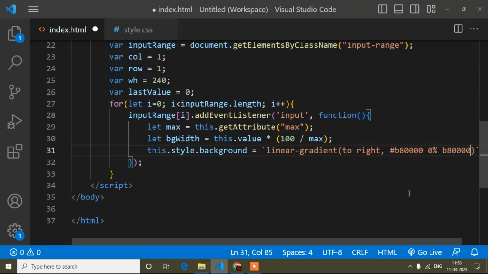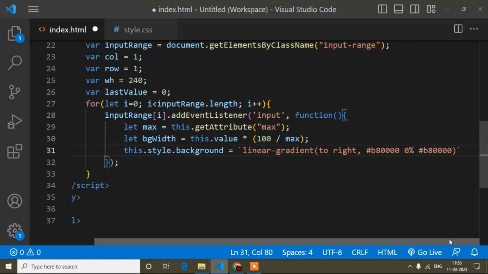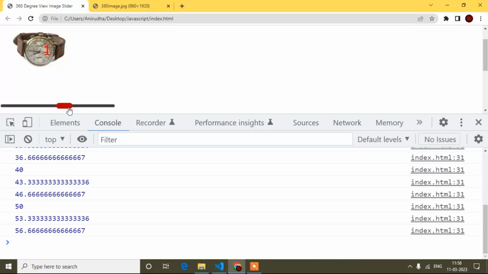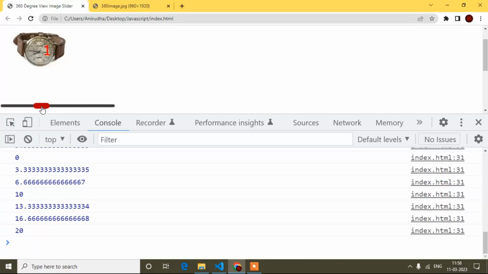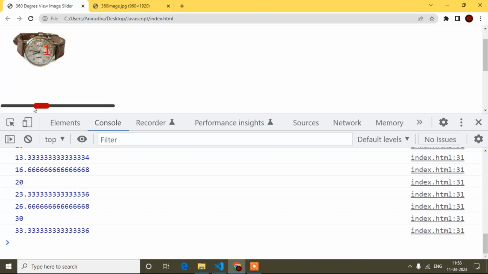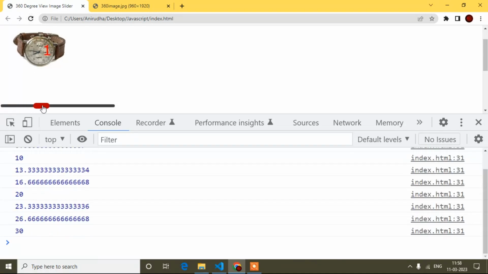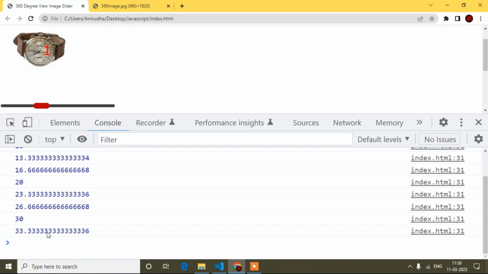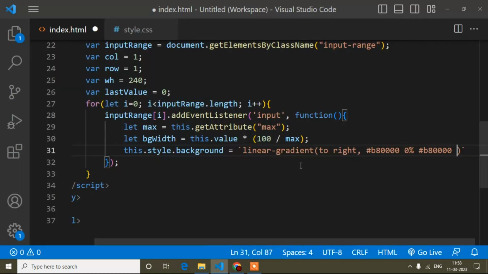It will fill with this color, and then the width. While my slider is here, how much does this red color fill? 33, right? Suppose my slider is here, the value is 33, meaning I have to fill up to 33 width.